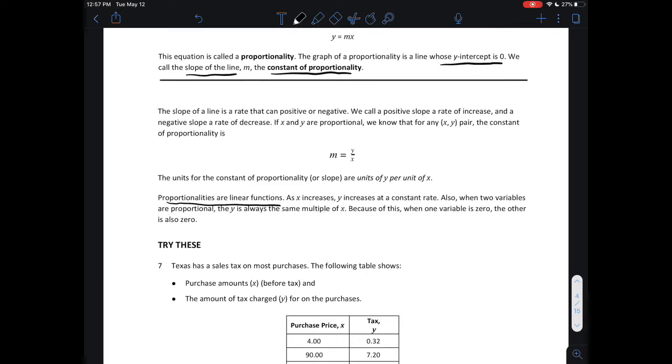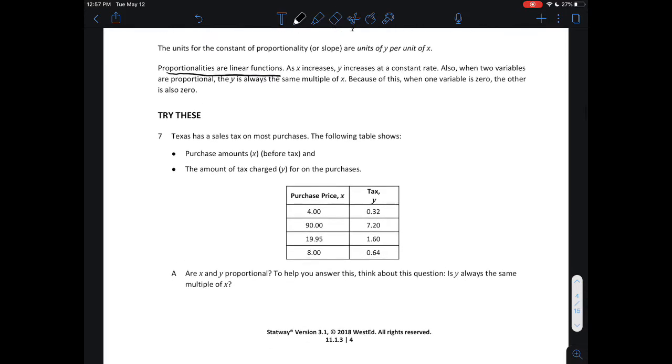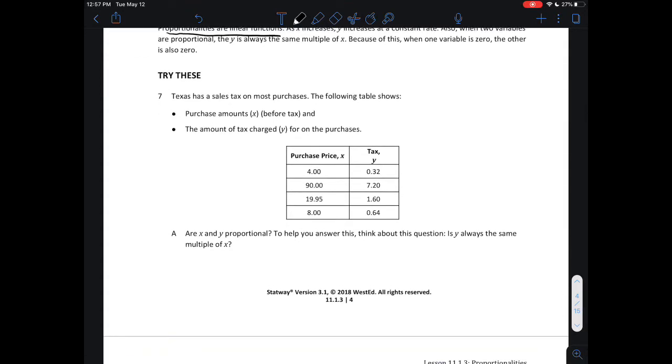So now let's just look at some examples. Number 7, Texas has a sales tax on most purchases. The following table shows, first, purchase amounts x before tax, and second, the amount of tax charged y for the purchases. So here's our table, purchase price x, and we've got numbers of $4, $90,